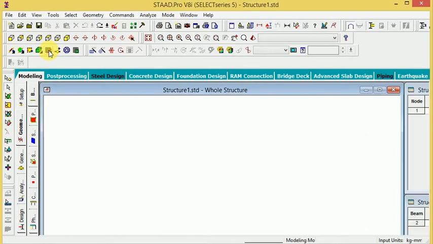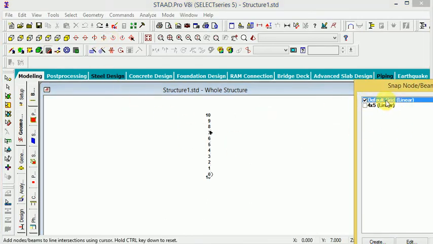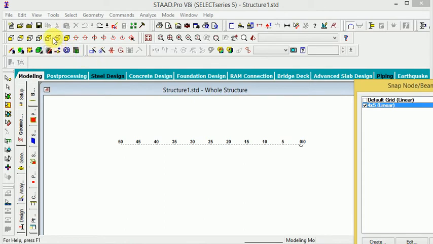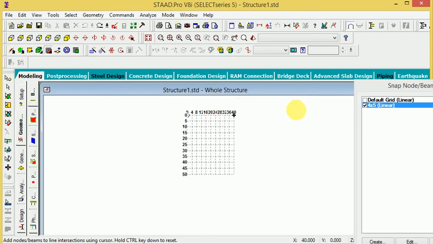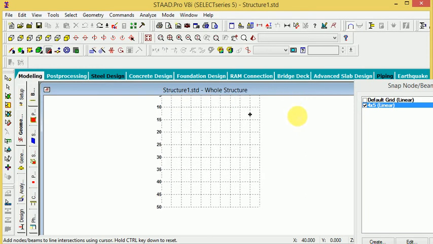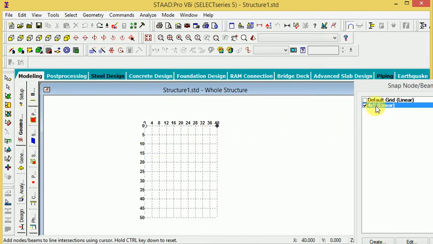And if you make, so default node, we will create default node, and default node is right, and if you make this here, go to plane. This is make the right plane, and here I am selecting the 4 and 5, so this is called 4, 8, 12, 16, 20. This is called here 5 distance, so 5, 10, 15, just like here.